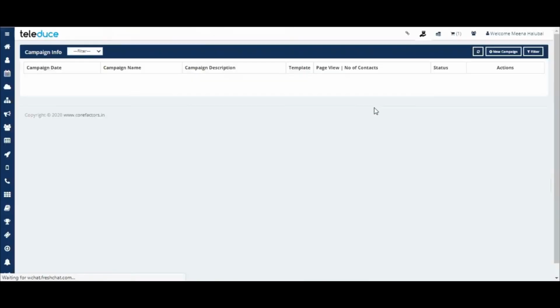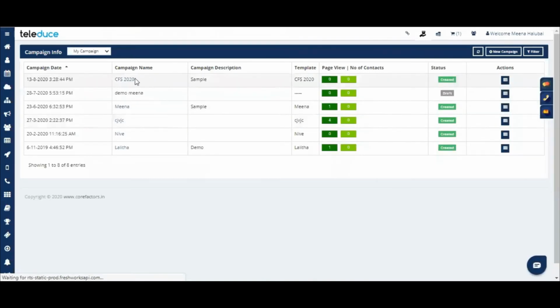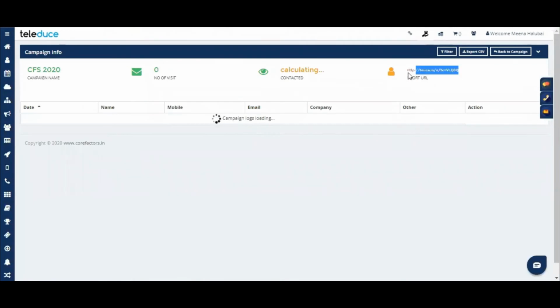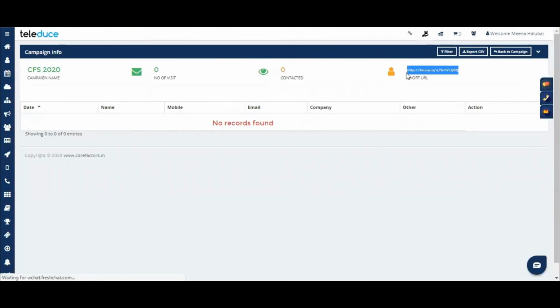Once it is saved, you will be able to see it across, and you can utilize this particular URL for whichever campaign you are running, like SMS campaigns, email campaigns, social media campaigns, any place you want to utilize this link.